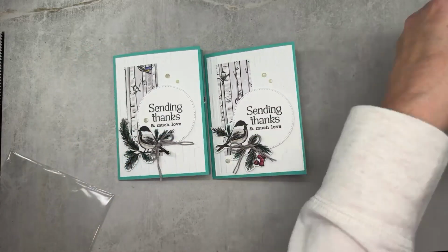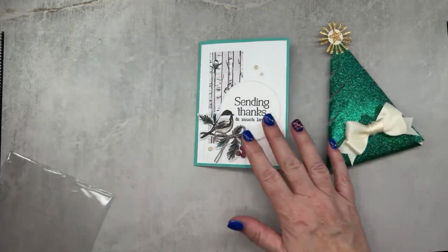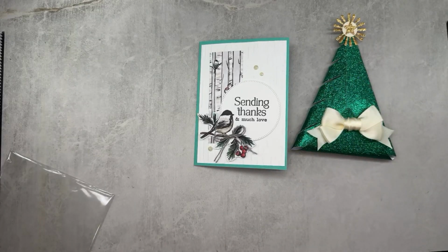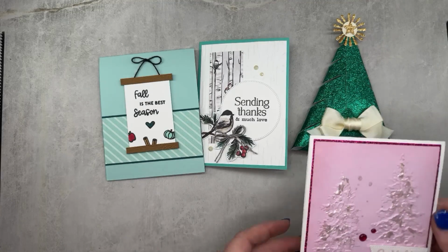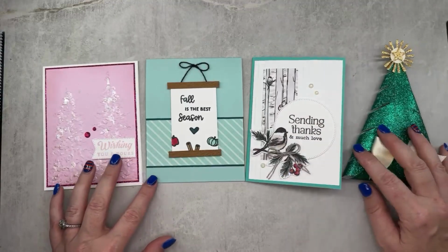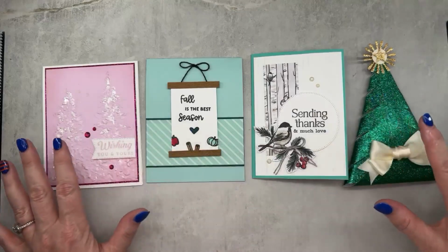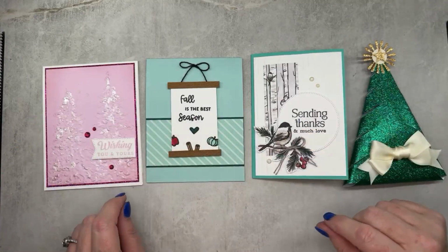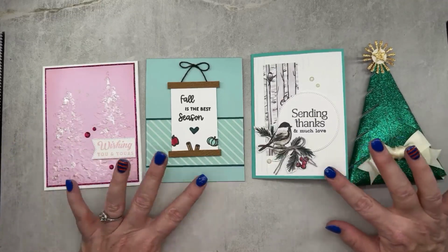So there you go. Here are your projects for tonight. You've got your little fun Christmas 3D. We had our little sign, and we had our fun sparkly pink Christmas card. So there are the fun projects that we made tonight, and you can get all the supplies, the paper, ribbon, the die cut pieces and everything, the designer series paper, all those things, to make all 4 of these projects